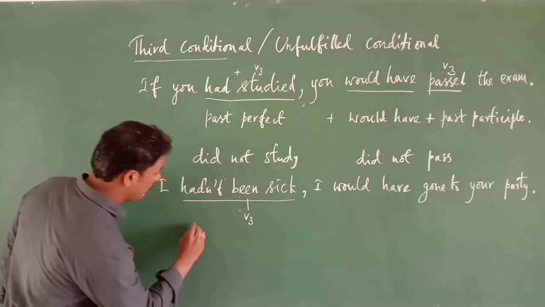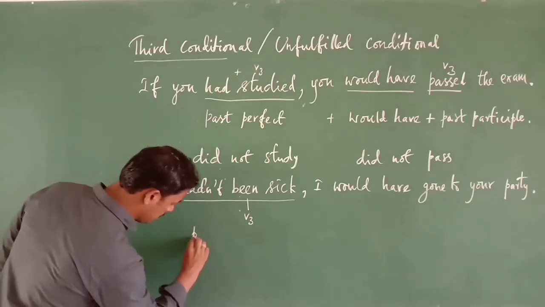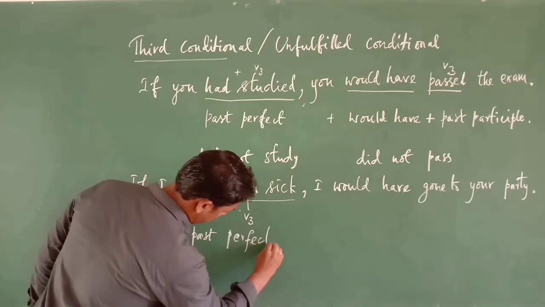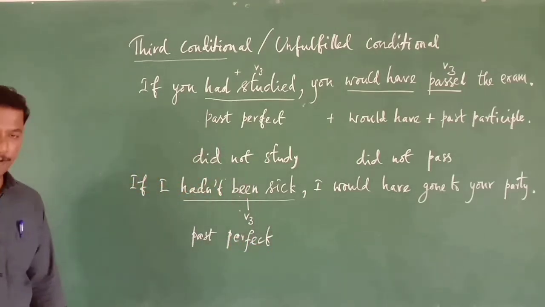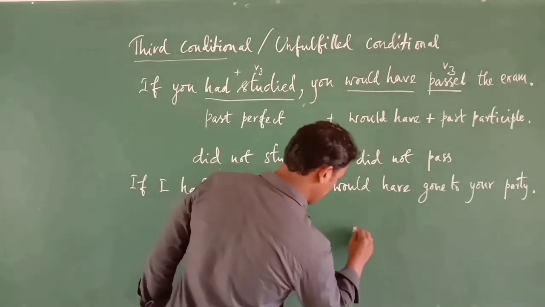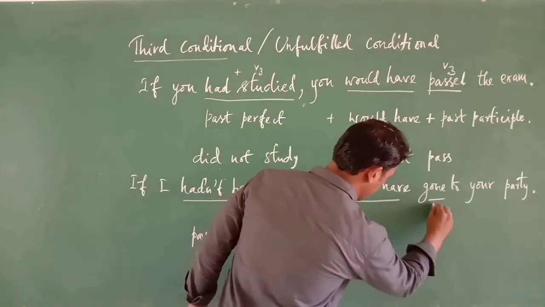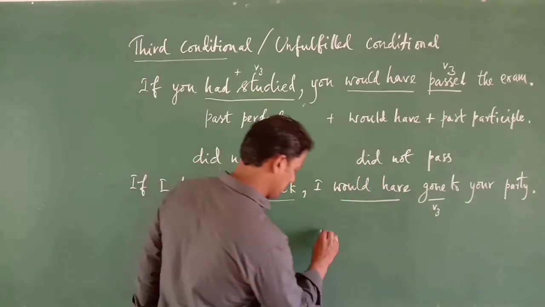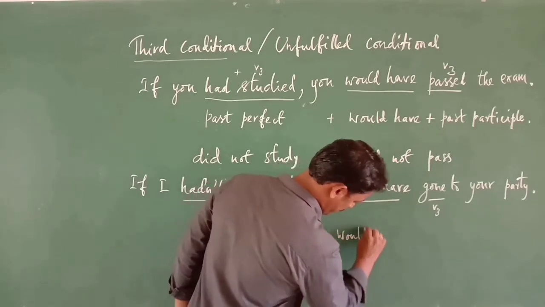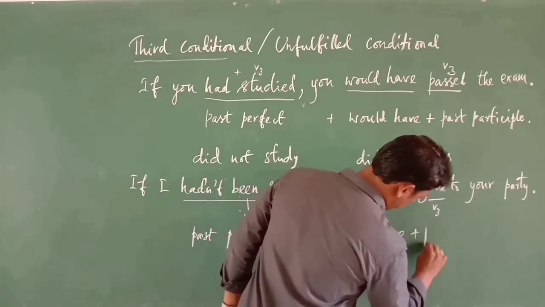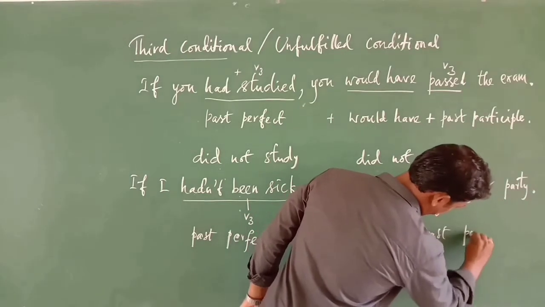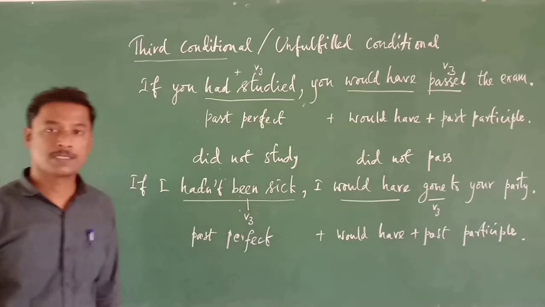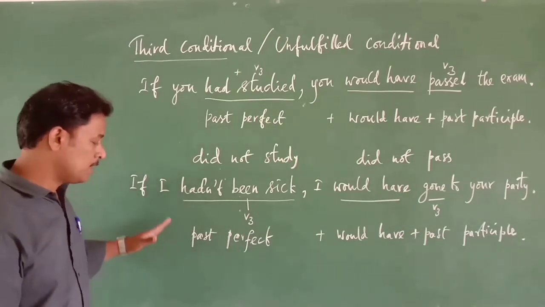Okay. So the verb applied here is in past perfect. The result is in would have plus verb 3. That is, would have plus past participle. Okay, right. So here,